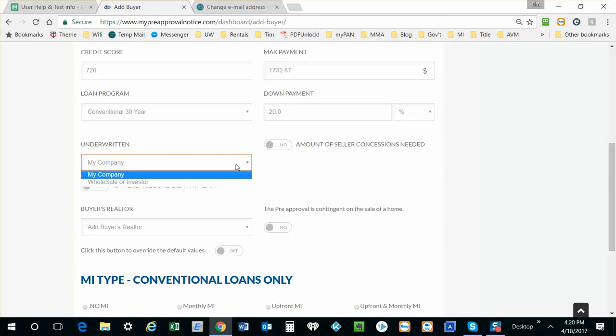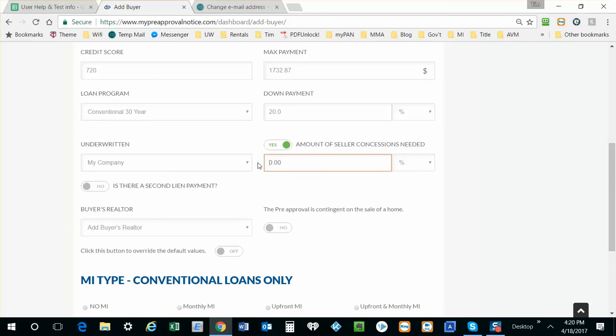Who's going to underwrite her? Is it you or is it the wholesale investor? Are there any seller concessions needed? You can, of course, select no, but let's say you want a percentage. You can choose 3% if you'd like, or whatever percent you'd like, or you can switch it to the dollar amount. So instead of 3%, let's say $4,500, and then you just change the symbol to dollars,